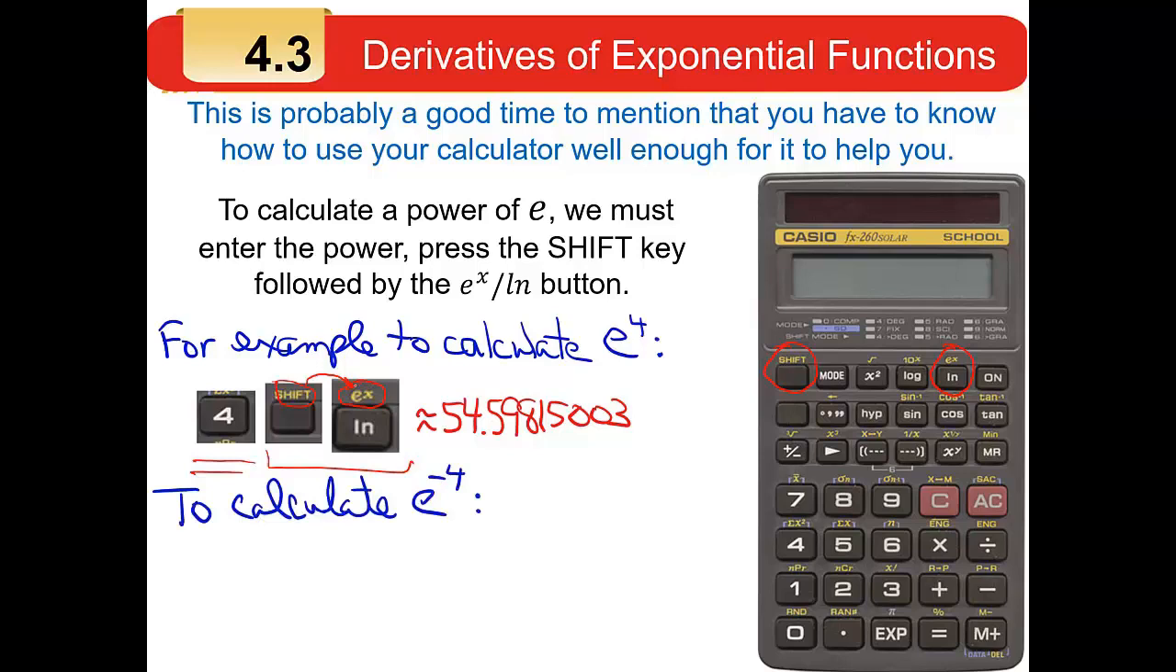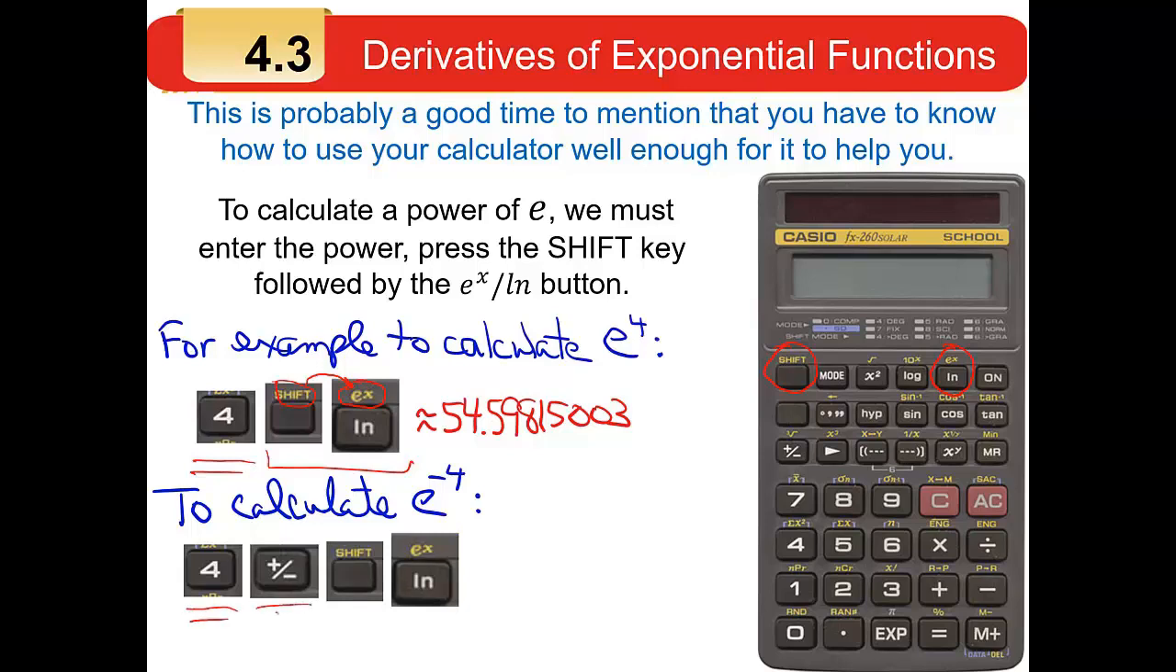Now, if you want to calculate e to a negative power, you have to incorporate the knowledge we have of how to put a negative number in. So what you have to do is put the positive 4 in, then press plus minus, which puts the minus sign in front of it. So if you look at your calculator at that point, it'll have a negative 4. And then you do your shift ln, which executes e to that power. And if you do that correctly, you'll get